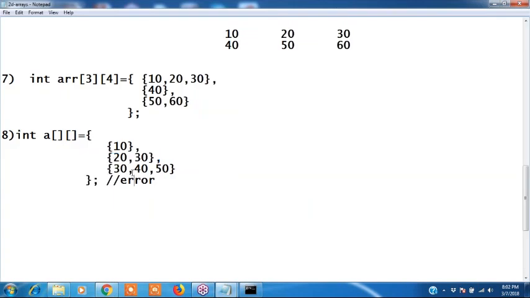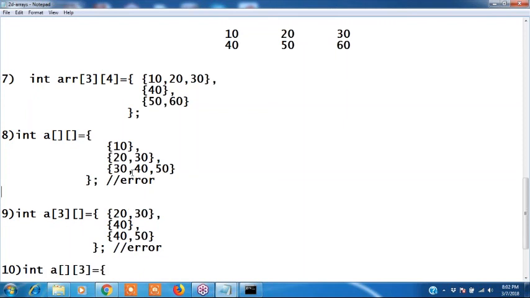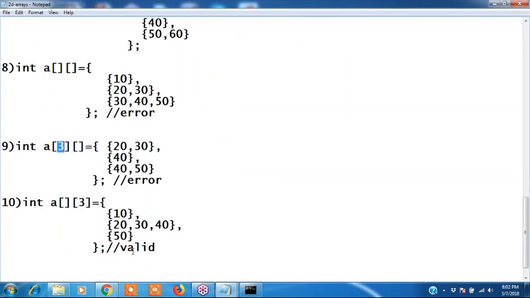Those two points are there. First write this. This is an error. Ninth one. See, this is an error with rows, and with columns it is not an error. Valid it is. Write 8th, 9th, 10th. Without sizes, it's an error. With rows also an error. With columns, it's not an error. Valid it is.